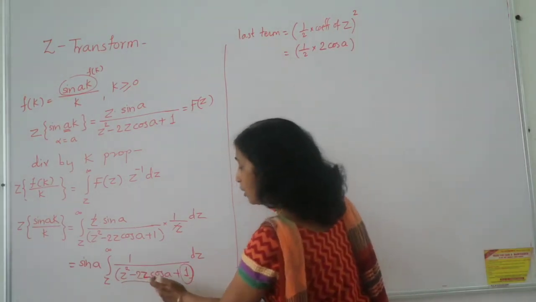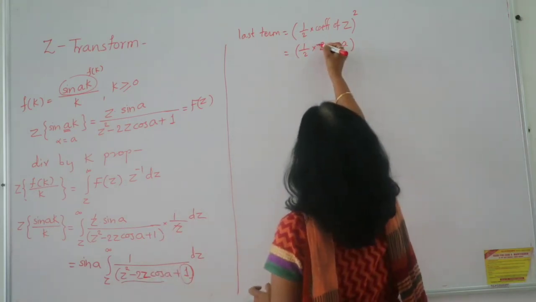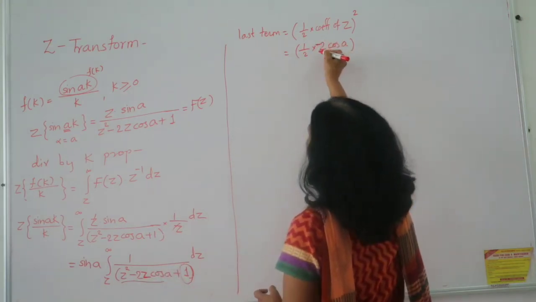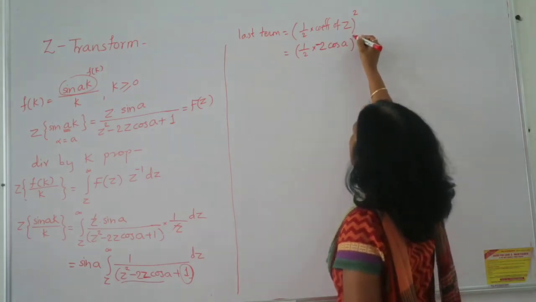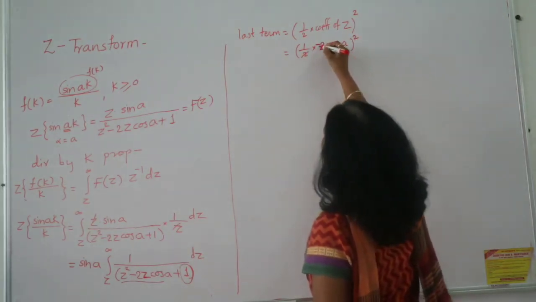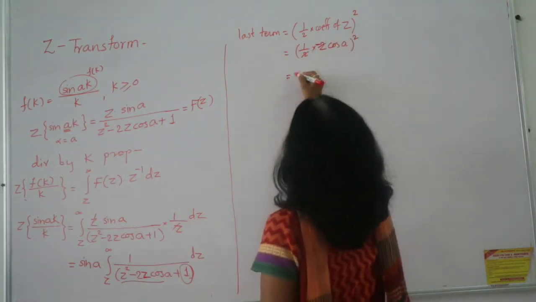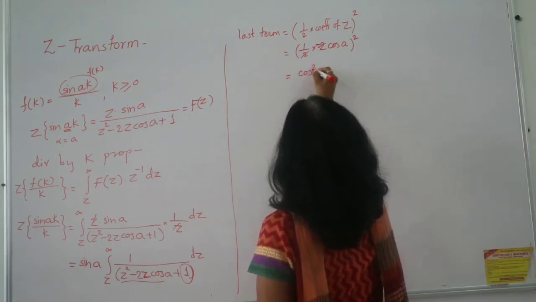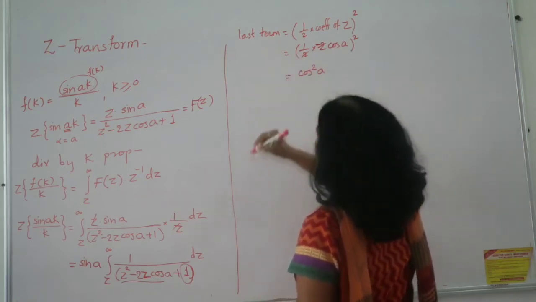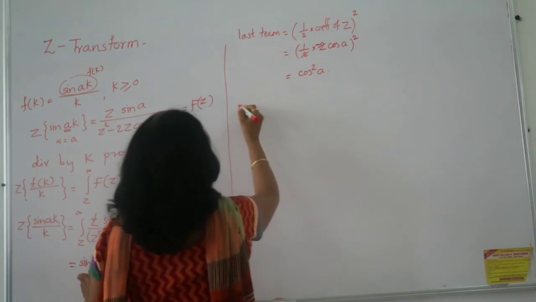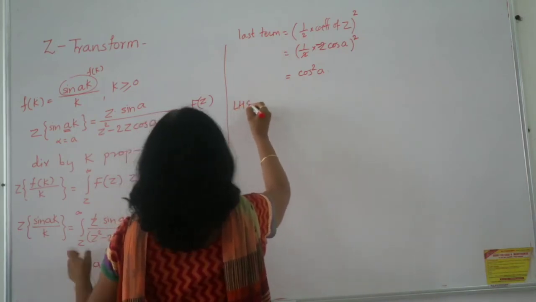So take 2 cos A with the minus sign. I have kept it optional, you can write it if you want, because I am going to take the square, so anyhow it is going to vanish. But you write it if you want. So minus square is positive, so this will become cos square A. This is the last term, and I will just continue with the LHS now, not